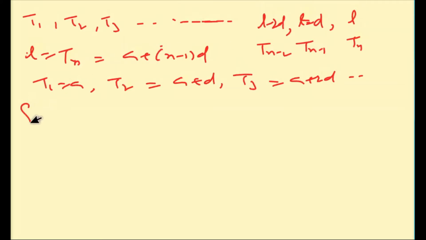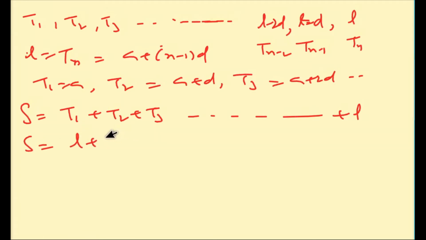Now if we want to find S, we can write T1 plus T2 plus T3 and so on, plus L, and also we can write L plus Tn minus 1 plus Tn minus 2 and so on, plus T1. This way we can add; there is no problem if we add this way, the last term, then the second last term, the third last term, and the first term. If we add 2 plus 4 plus 6 or 6 plus 4 plus 2, what is the difference? No difference, the sum is equal. So this sum is S, this is equal, isn't it, student?